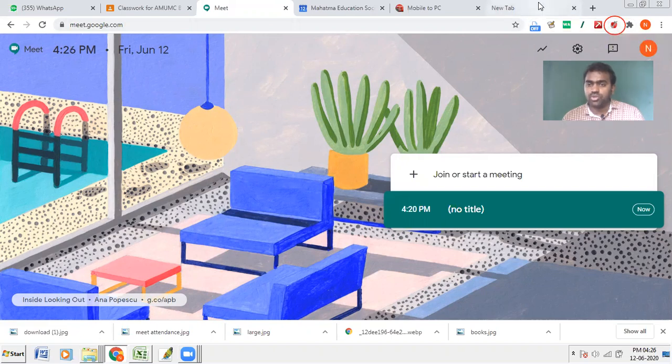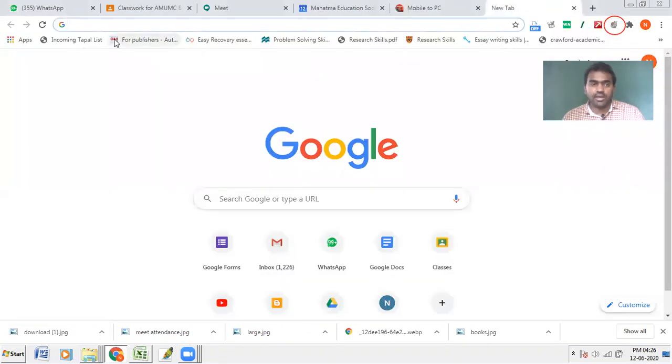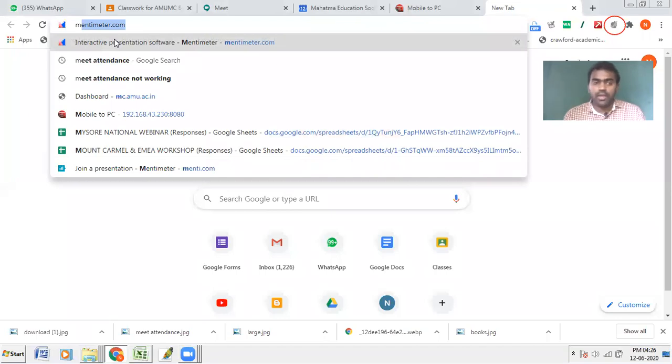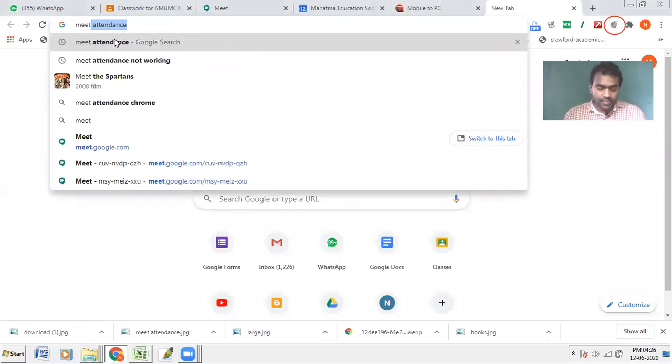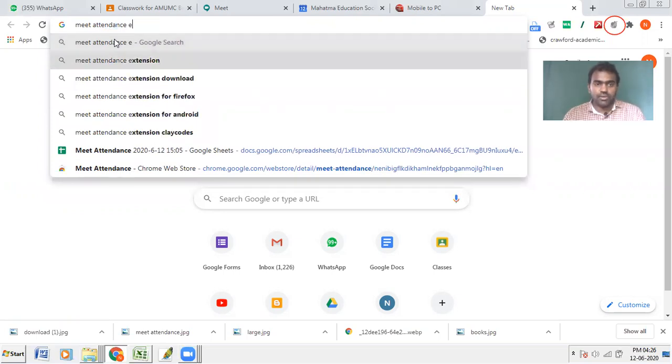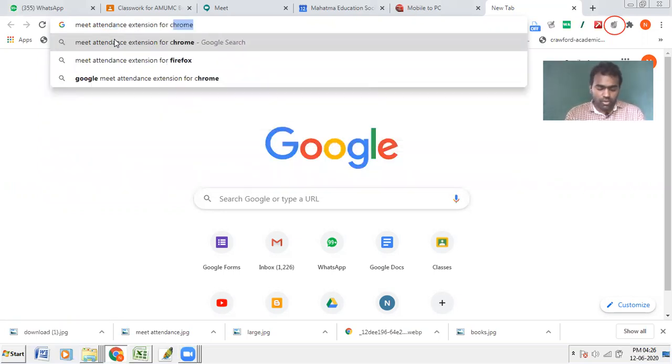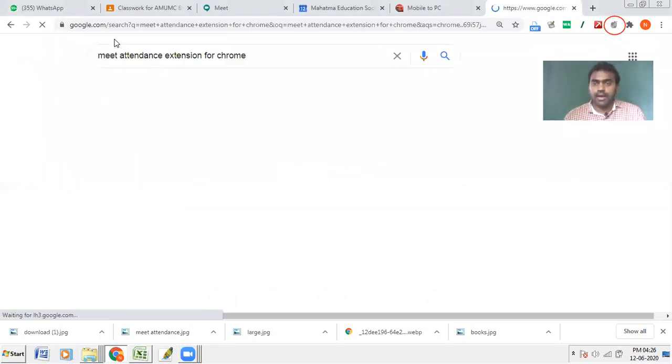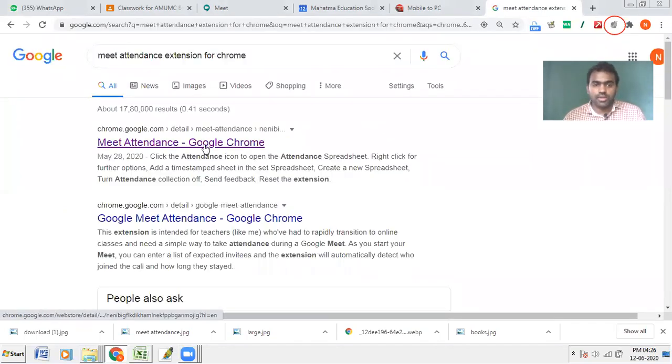If you haven't installed the Meet Attendance extension on your Google Chrome, you just open your Google Chrome and type Meet Attendance extension for Chrome, and you will be taken to here.